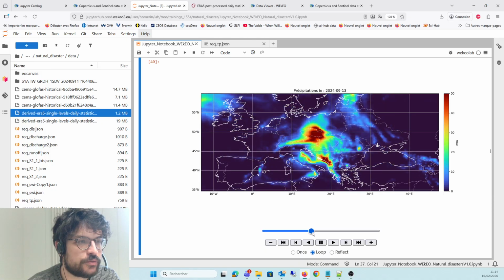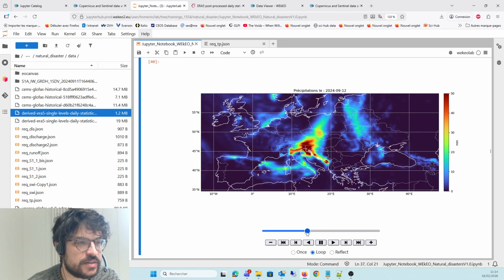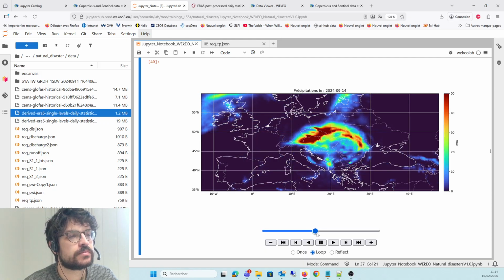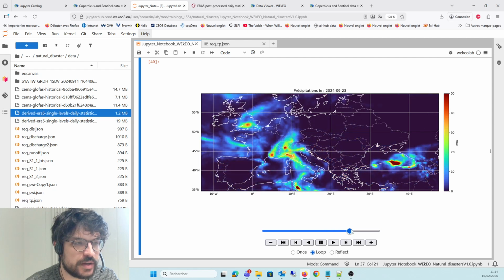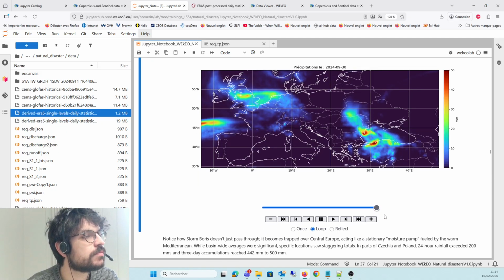Yes, 12th, 13th or 14th of September. This is the very heavy part. And then it dissipates, and we have, yes, much less rain in the area.